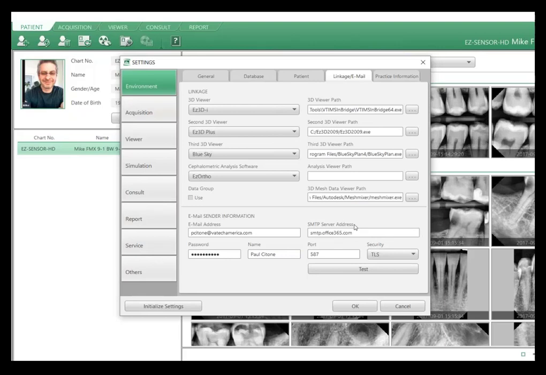I think if you have a Gmail, you could Google it and figure it out. But if it's an office server address, usually the IT is the best bet there. Right. And then there's another question that came in about patient information and what patient information is pertinent